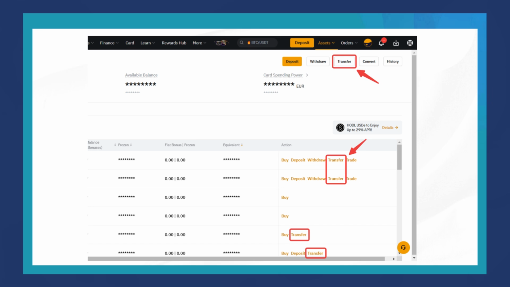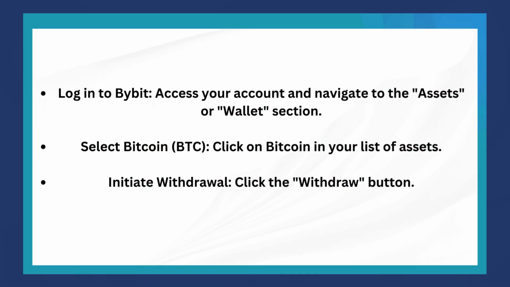So first of all, just access your account, navigate to the assets or wallet section, and send Bitcoin by clicking on Bitcoin in the list of your assets. Just select Bitcoin, and then you have to initiate the withdrawal process, and just click on the withdrawal button. It will initiate the withdrawal process, and once you have done that guys,